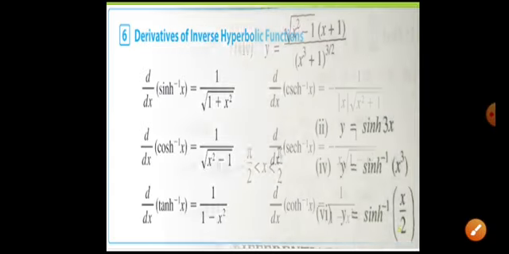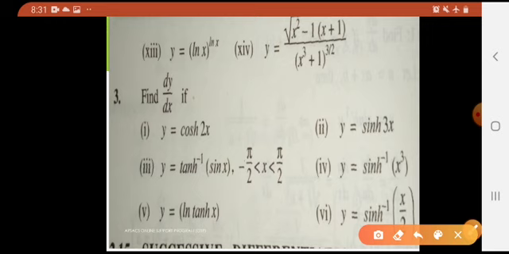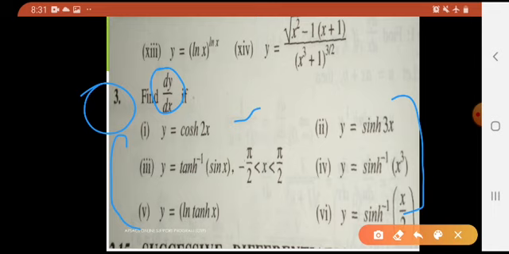Okay, now let us start the questions. Now question number 3 was left, having only these 6 parts, right? So I will be discussing all of them one by one. I'll be solving them and explaining to you how you find dy by dx simply of the given functions. So for now, even if you cannot learn all the formulas, you have to preferably learn these, but later on you have to learn all the formulas, by the way.